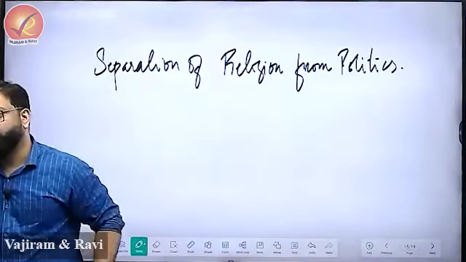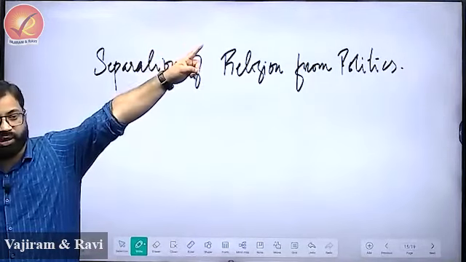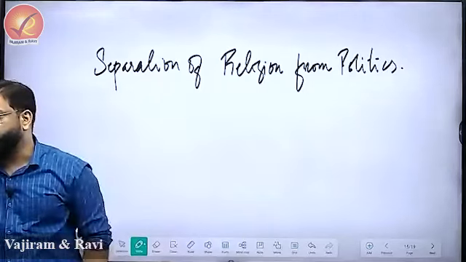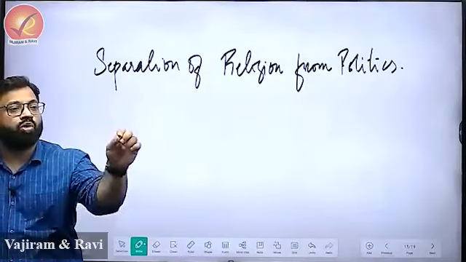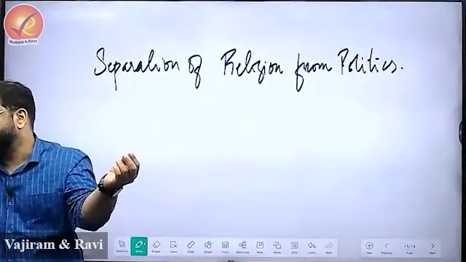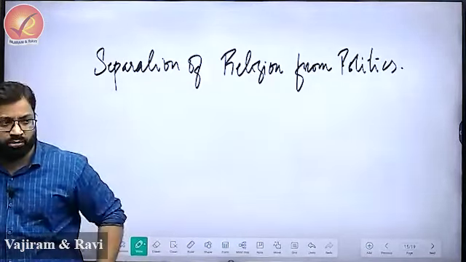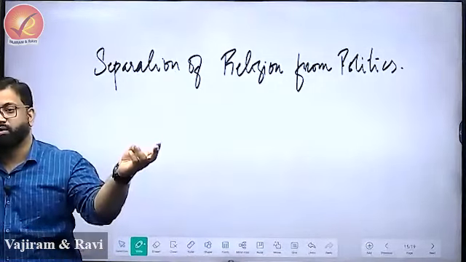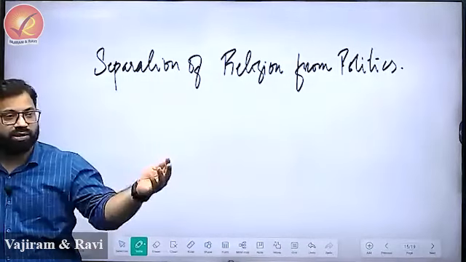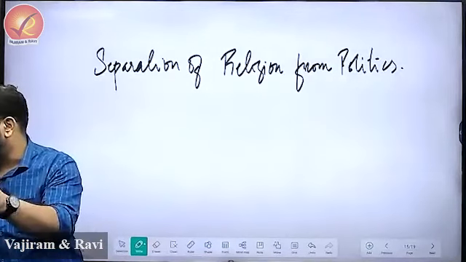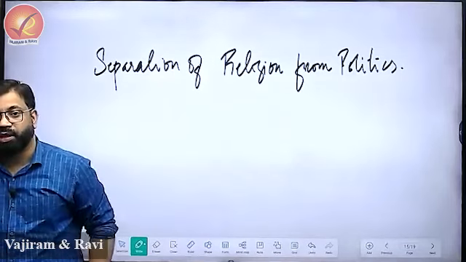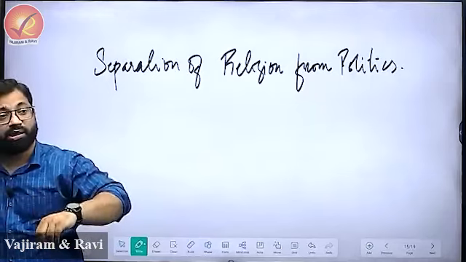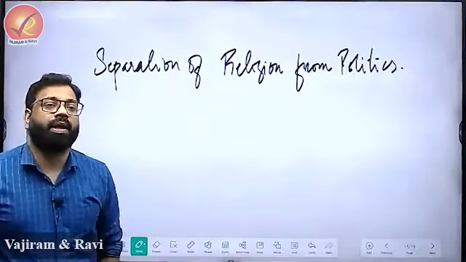How can you assume something which is practiced in one society will be equally implemented in a different society? You look at secularism, from where it is coming? Majorly those countries which are mono-religious in nature. There is only one religion, mono-religious majorly, isn't it? You look at India and tell me what is mono? Nothing is mono in India. Everything is multi, isn't it? Language, multi. Culture, multi. Races, multi. Religion, multi. We have nothing which is mono. Then how can you say that something which is implemented in a mono-religious country can equally be implemented in a multi-religious country? Let me try to explain it with the help of one person,